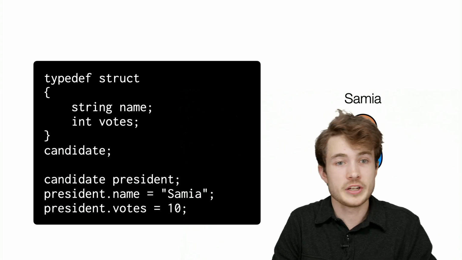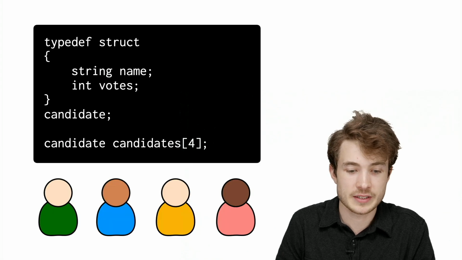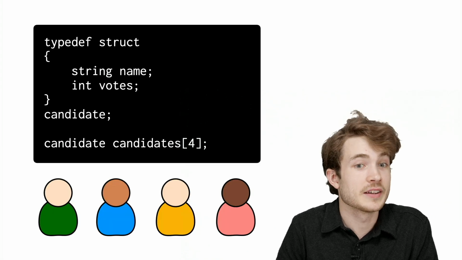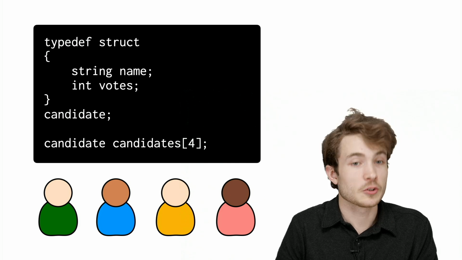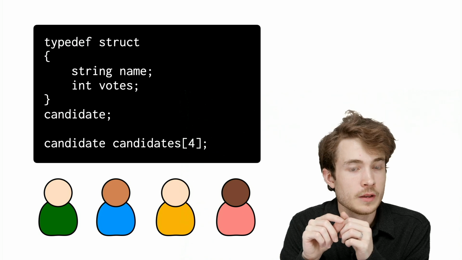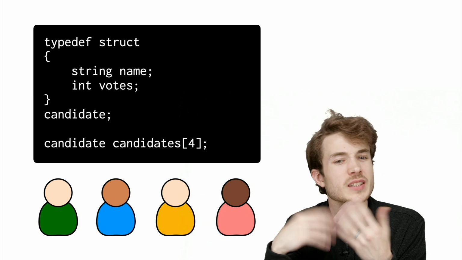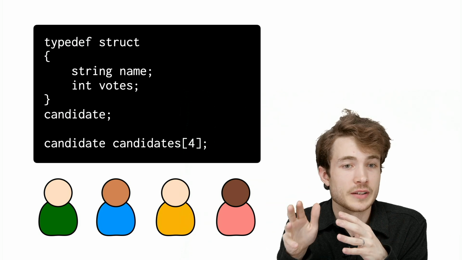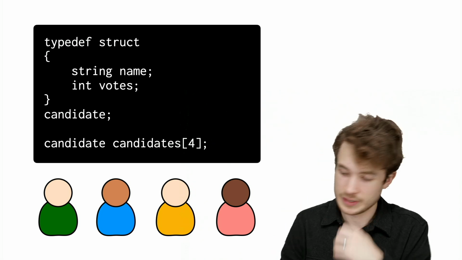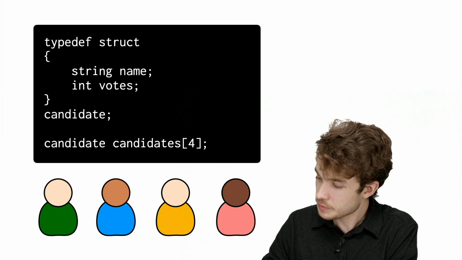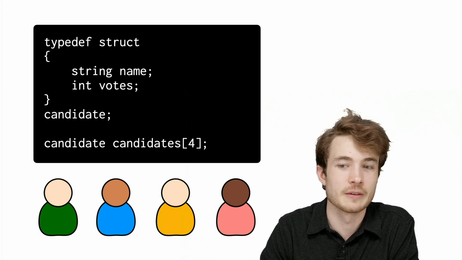And even further here, I could try to create my very own array of candidates. I could say, in this case, candidate candidates[4]. Now to be clear here, what I've done is I've created an array called candidates, plural, that stores 4 elements. But what elements will it store? Well, in this case, those that are candidates. So you can see the type still comes first, but then we have the name followed by brackets and the number of candidates here. So questions then on the syntax of these arrays, or these structs here.